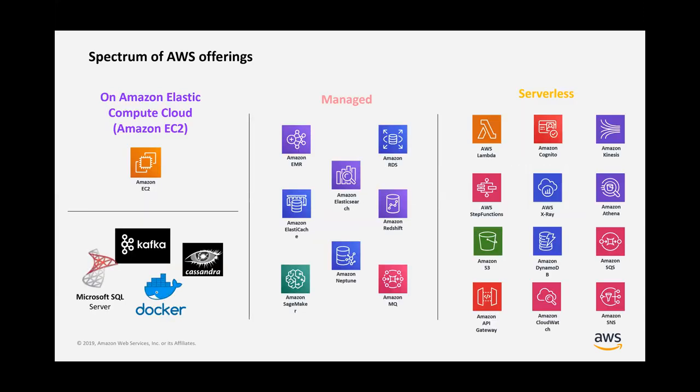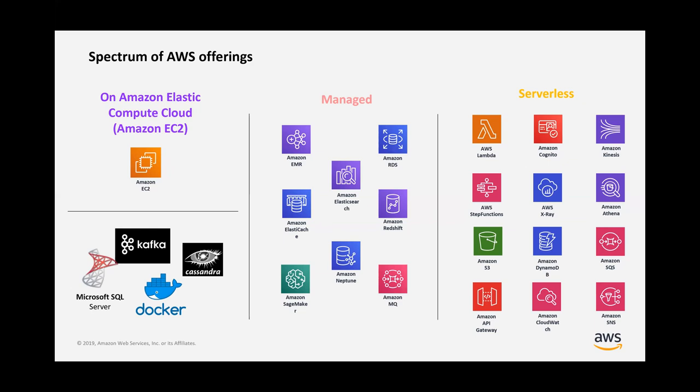The serverless world in AWS contains a lot of offerings. On the left, you have some of the managed services from AWS, like RDS, Relational Database Service, Elasticsearch, and Amazon Redshift. And on the right, you can see the serverless offering by AWS. On top of that, the key one is AWS Lambda, which we'll talk about in a bit of detail in today's session, which is a function as a service.